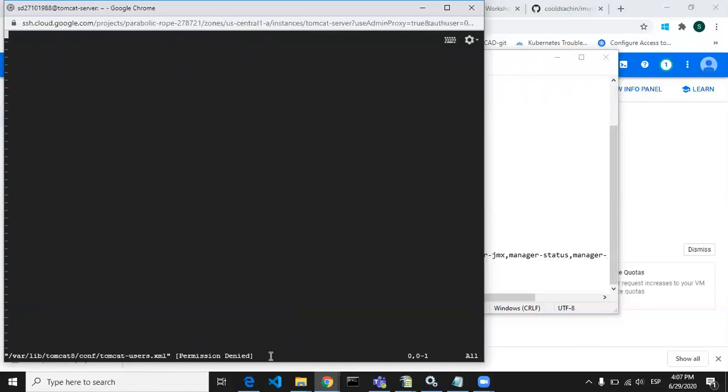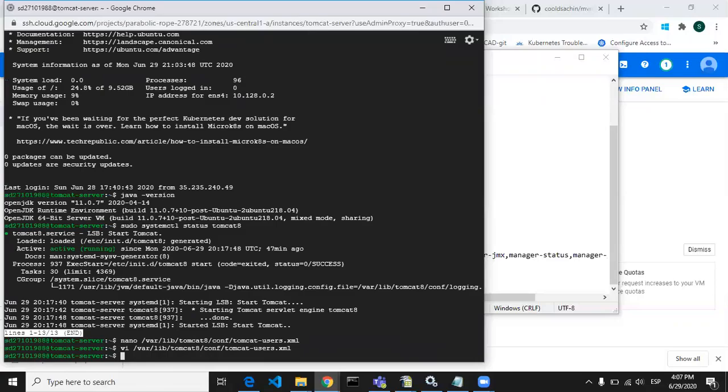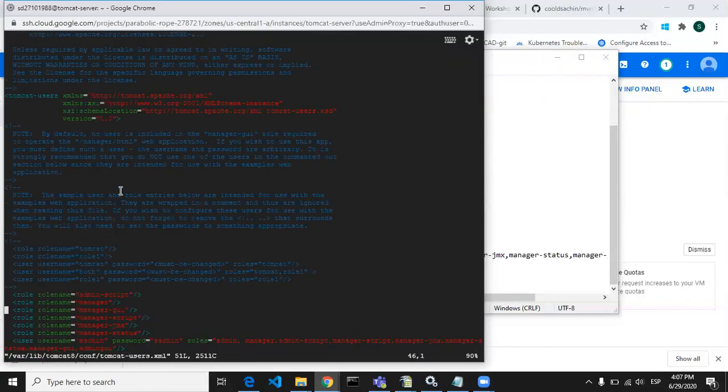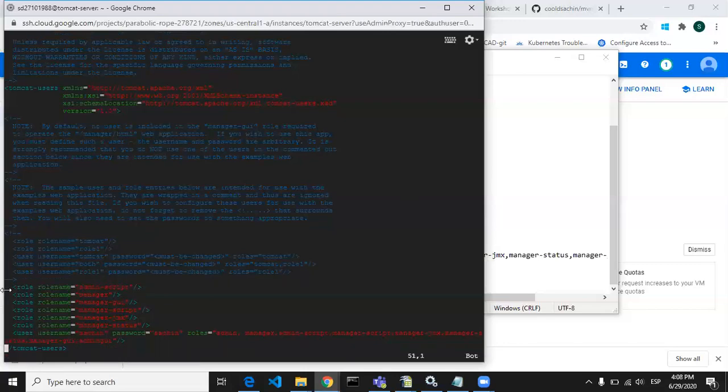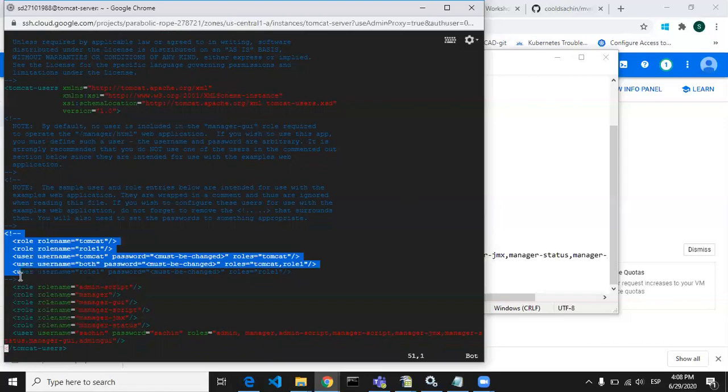Just use sudo and then run the whole command. Okay, so you will see it like this. By default, you will see these things are already commented.